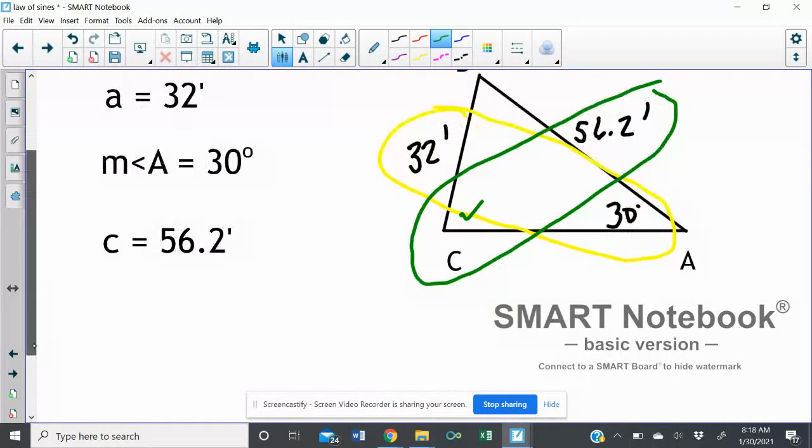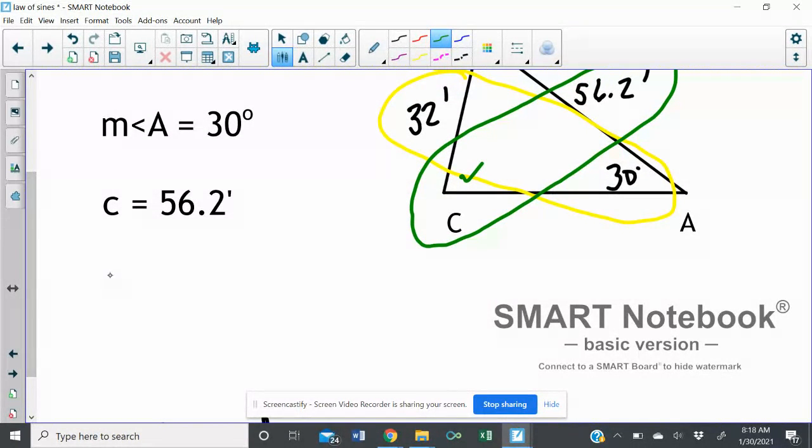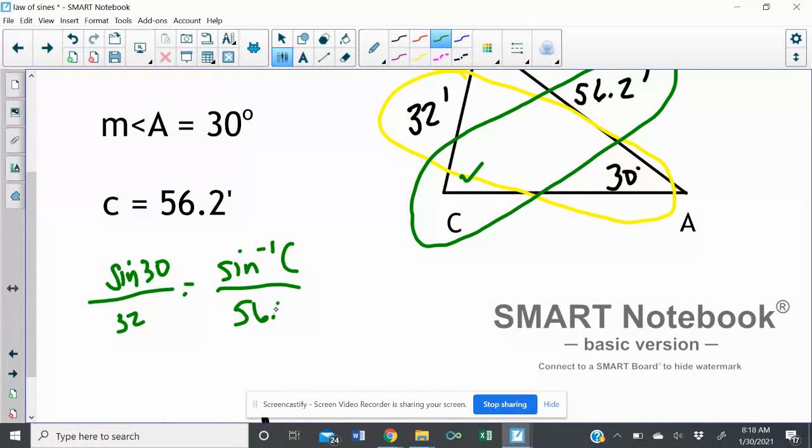Okay, so we're going to go through. We're going to do sine of 30 over 32 is equal to sine inverse of C over 56.2. Remember we put that inverse up there because we have to use second sine in order to figure it out. So you're going to have sine, put it like this,